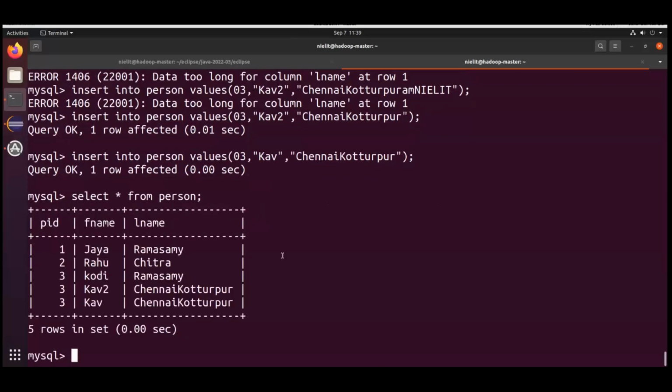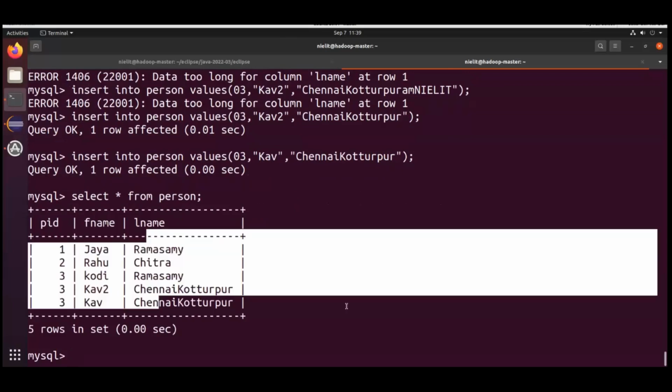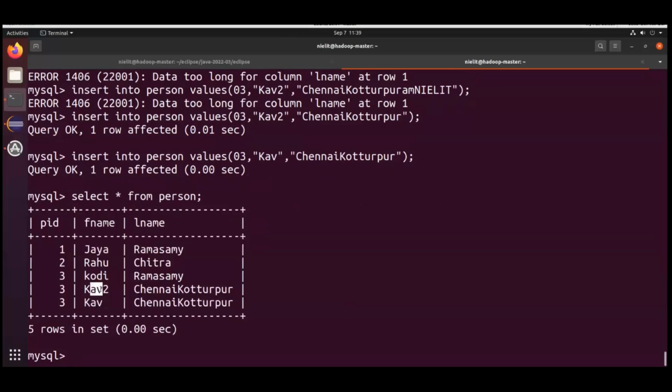Okay, so what we have inserted in a person table. So these are the things we have inserted in a person table. This is an example of a string data type, that is the varchar data type, which we can use. What else is there in this? Okay, that's all in this. Now what we will do, we will move to how we see the